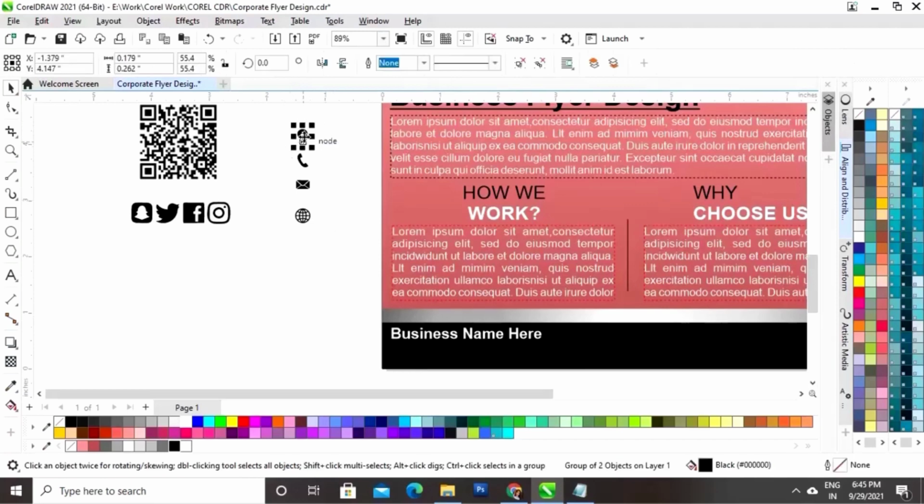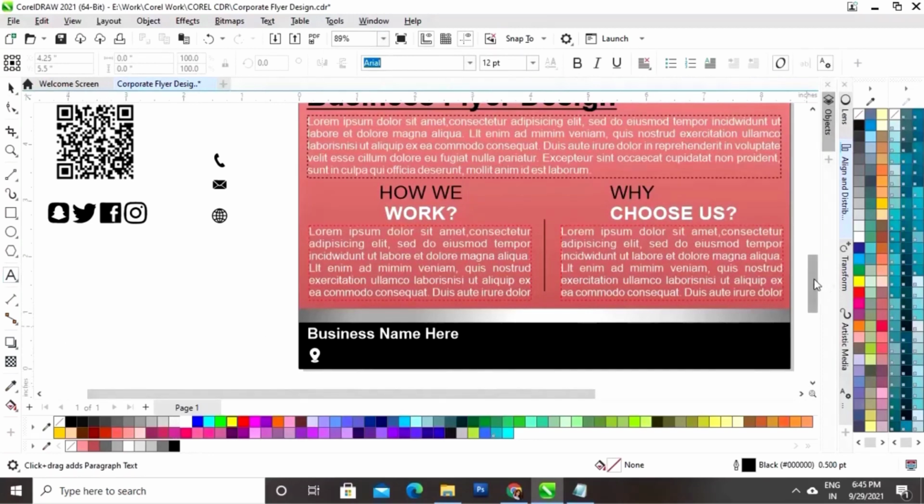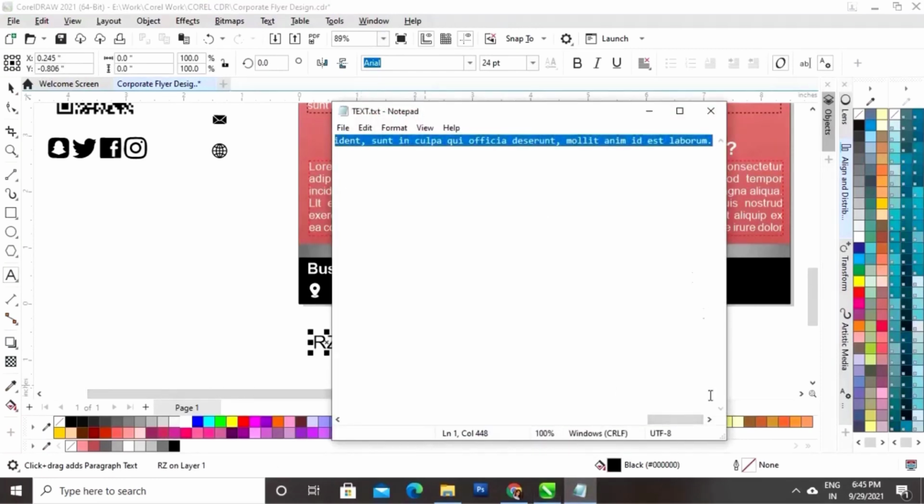Now we will select this icon and we will place here. Now we will write the address here. I will just copy the text and paste.